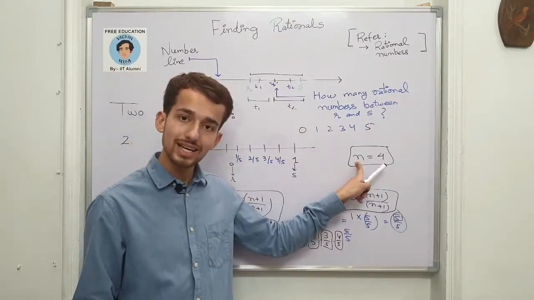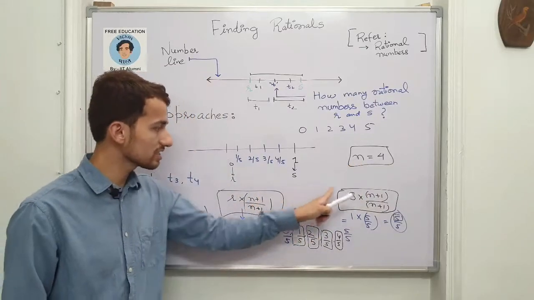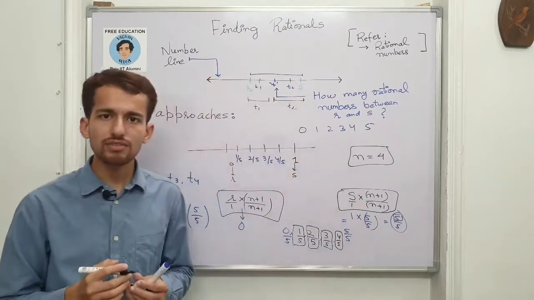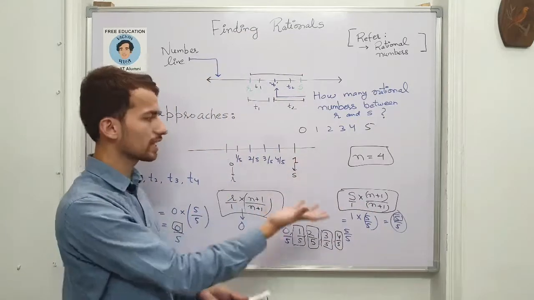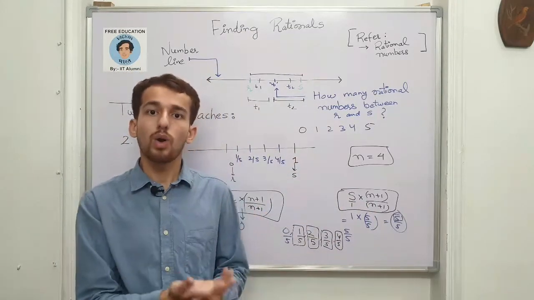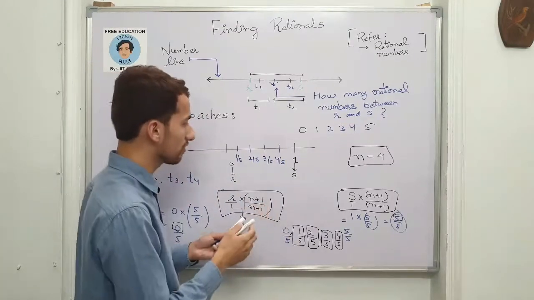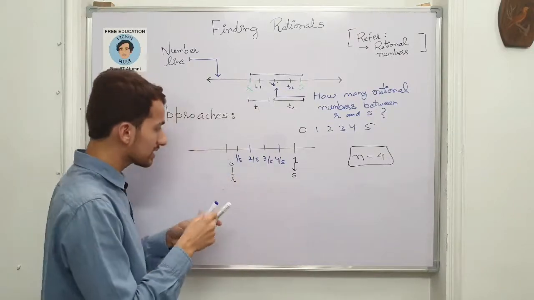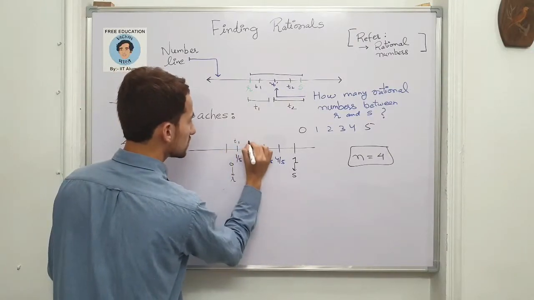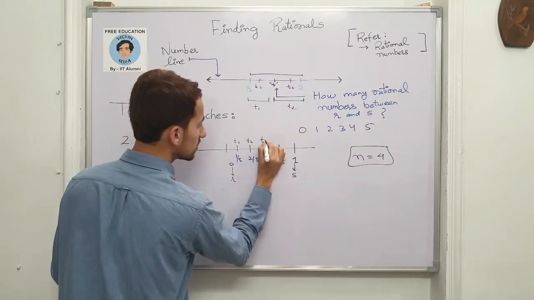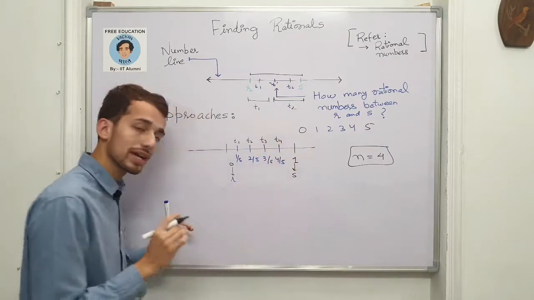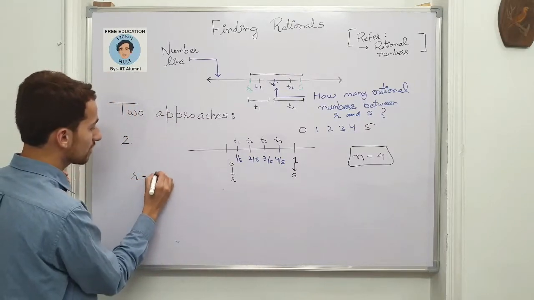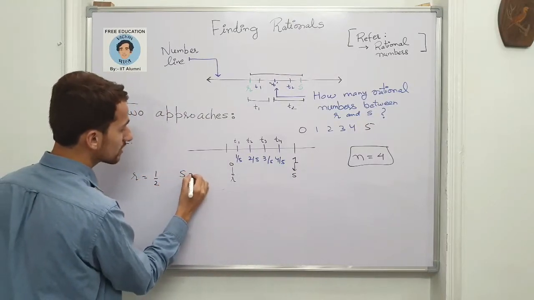How many rational numbers? Suppose that number is n, so just multiply and divide by this factor. This is R by 1 and this is S by 1. Fine. If R and S are already in the form of natural numbers, maybe R and S can also be some different form. Observe one more thing. This was our T1, this is T2, T3 and T4. What I am trying to give you clarity on is that R can be any value, like R can be 1 by 2 and S like 3 by 2.